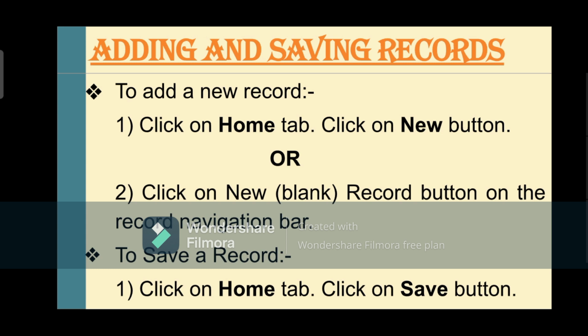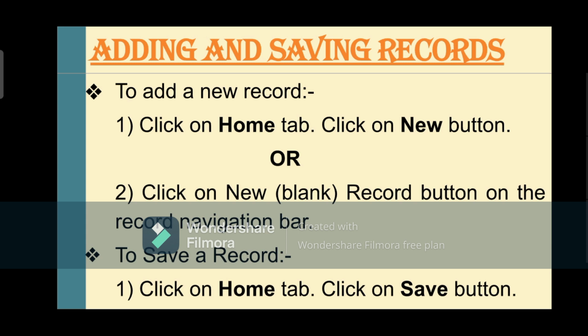Next topic will be adding and saving records. So very first I am going to explain how to add a new record. First we have to click on the home tab and then click on the new button option. It is given in the menu bar.